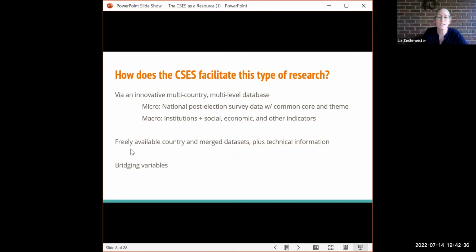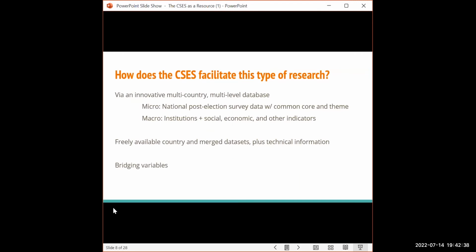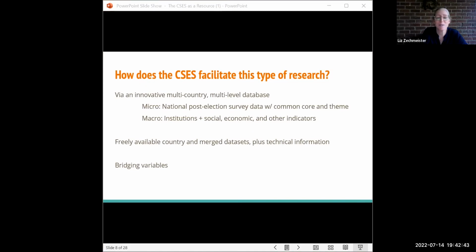And it does this. There is a suggestion in the chat of a topic. Oh yeah, I see it. Thanks so much, Mike. So precise understanding. Yeah, exactly. So how do different institutions and cultural differences shape attitudes on the most important issues of the day, as well as how those issues then translate into voter decisions? And there is some really nice work using CSES data on that topic, and yet more room for discovery in that area.